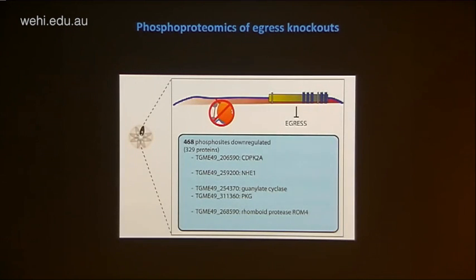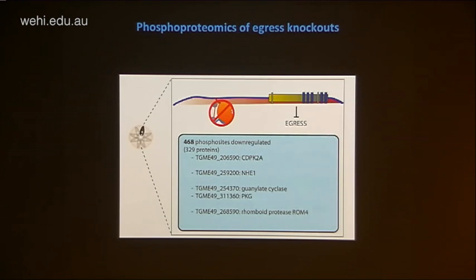And so doing the analysis of this data, we're able to get almost 500 phosphosites characterised as being downregulated in this way. And this included a few interesting candidates, like another CDPK, CDPK2A, which we know is important for parasites, but we still haven't been able to show how. A sodium hydrogen exchanger, NHE1, which is known to be important for host cell egress based on previously published data